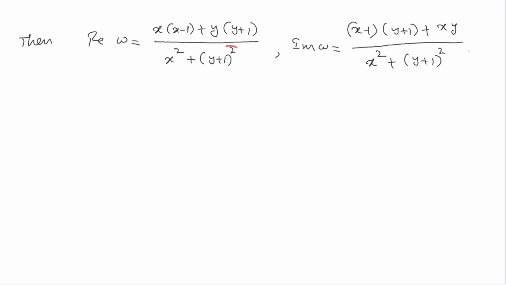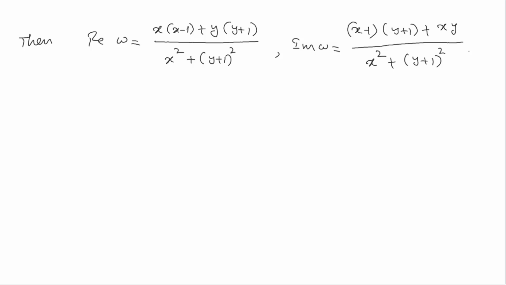So the sum of any two non-negative numbers is again non-negative. So we can say, since x square is non-negative and y plus 1 whole square is also non-negative, this entire term is non-negative. So hence,